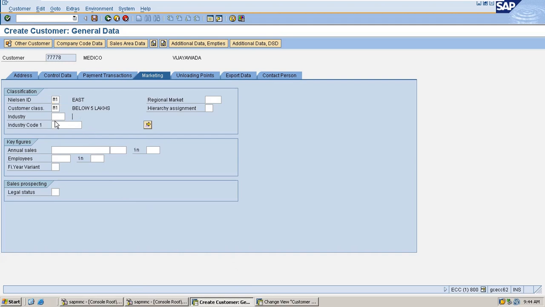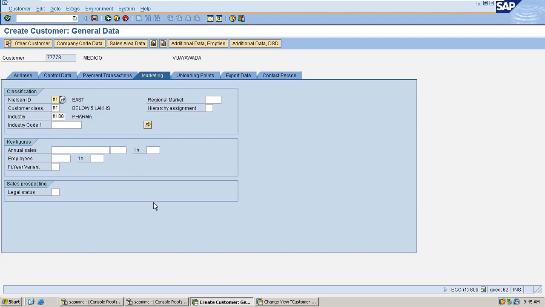Okay. So the next field is industry. What exactly is the industry field here? We are classifying the customers based on the industry to which they belong. The purpose of this field is also for reporting and analysis, as well as to provide discounts to the customer. If the company would like to provide the discount only to the customers who are related to the pharmaceutical industry, then they can use the industry code to give the discounts to the customer. For example,